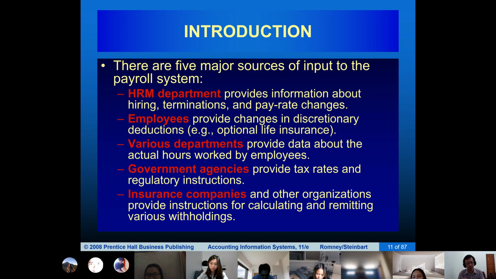Okay, now let's talk about how the payroll works. There are 5 major sources of input to the payroll system. First, the human resource department provides information about hiring. So if there are new employees, they need to be paid. Termination, some employees that resign or retire, their salary payment needs to be stopped, and pay rate changes.